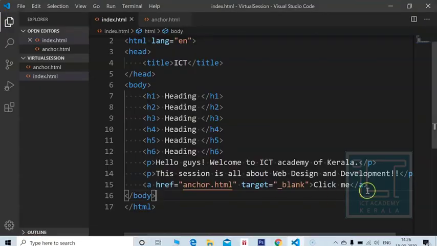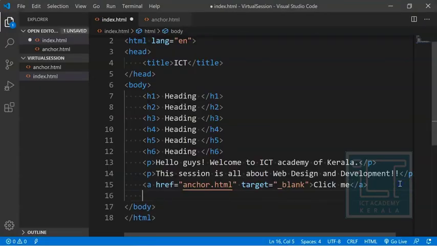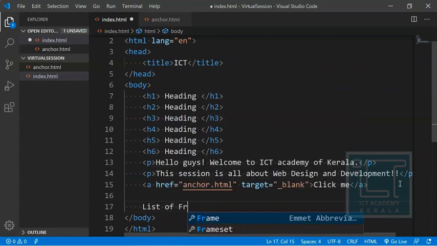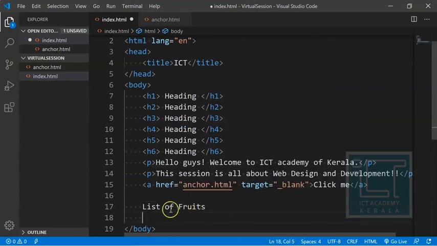So consider a list of fruits. Actually, this list of fruits I don't want to display in the browser. I just want to keep it aside for my information inside Visual Studio Code.